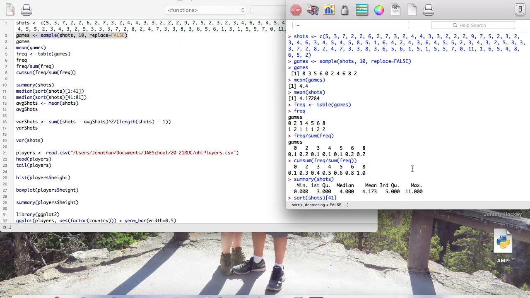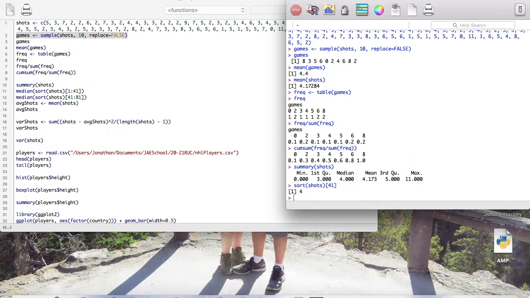how counting is done. If you've never done any computer programming at all, this is the most intuitive way that it would work, but if you've done some other languages, Python, Java, for example, the count starts at 0, so just be careful with that. So if I were to sort my shots vector and I take the 41st entry, I get 4, which is